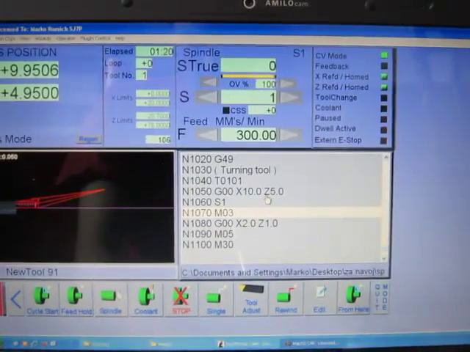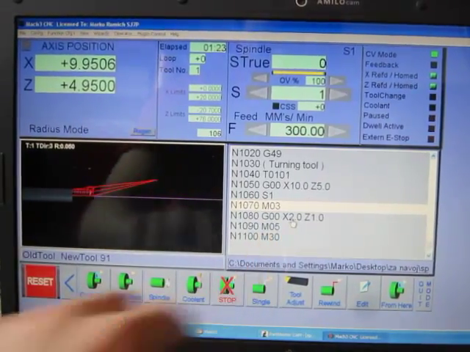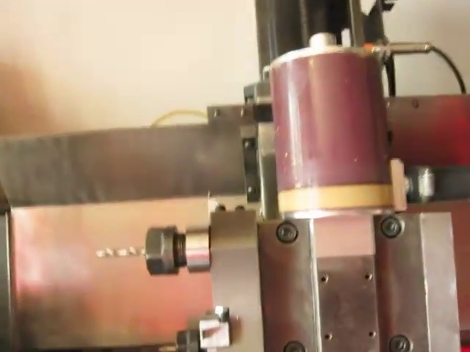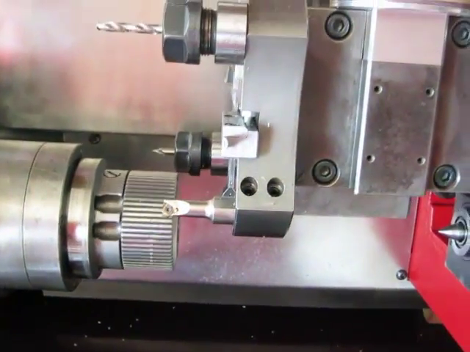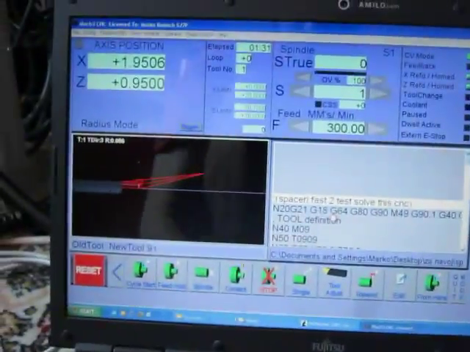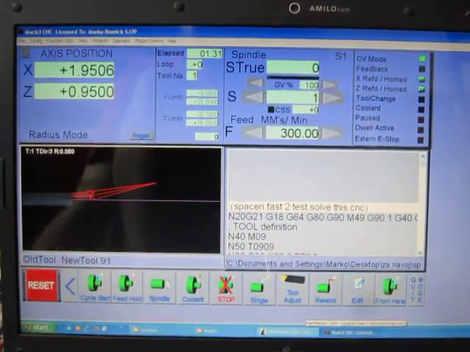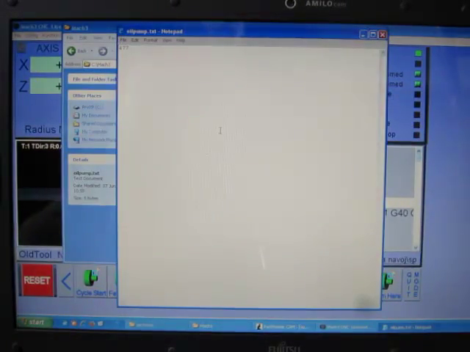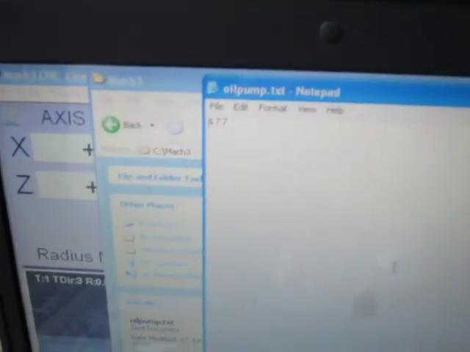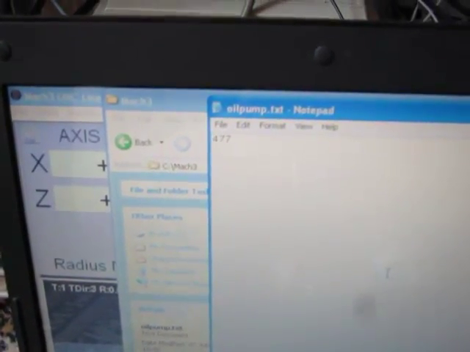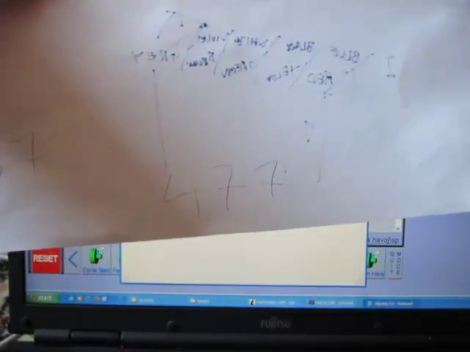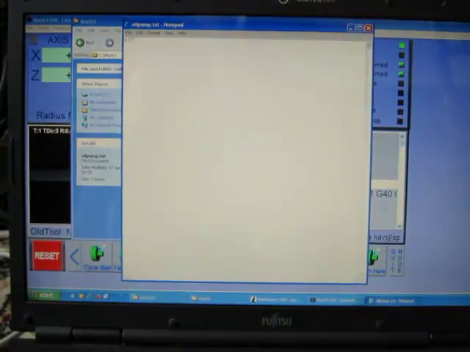And that's it, and it did not come all the way because of conditions. So when I rotate this, it will move. So now I want to see how many pulses are counted. So oil pump, and we have 477, and we had 477,